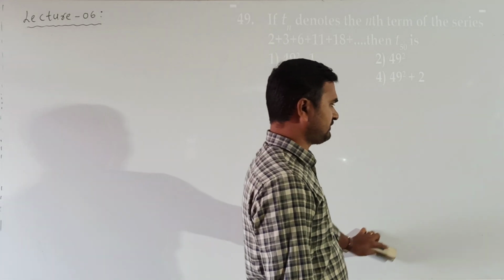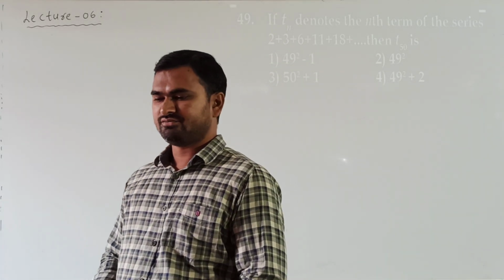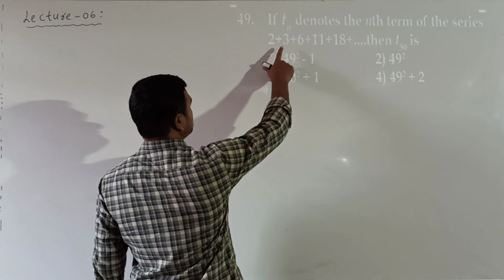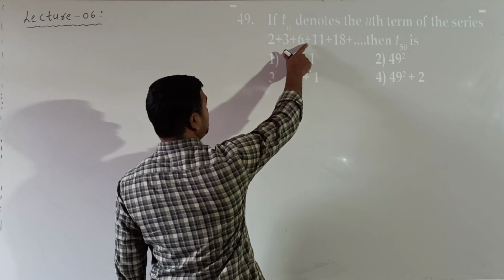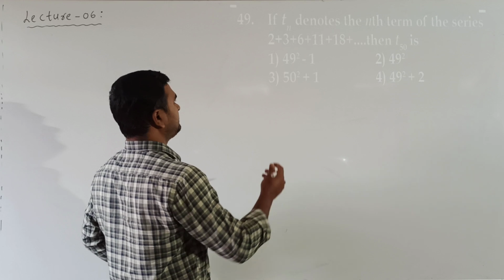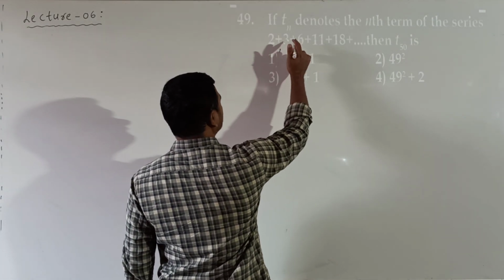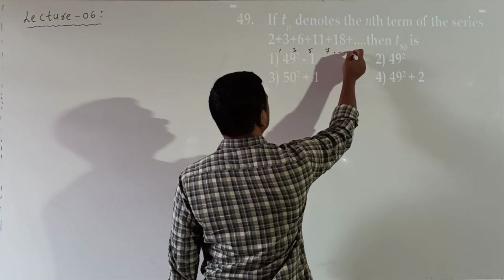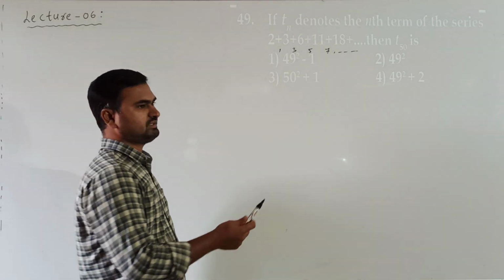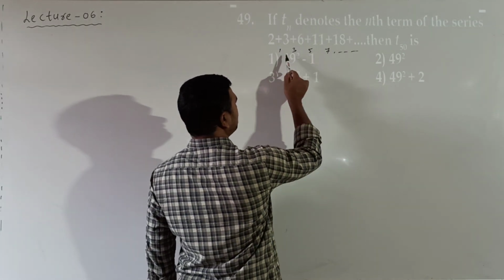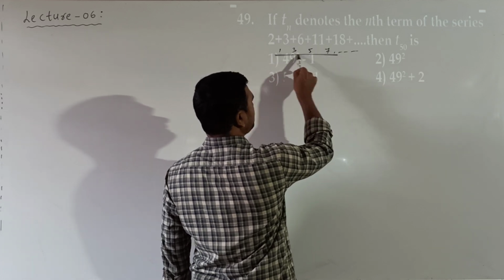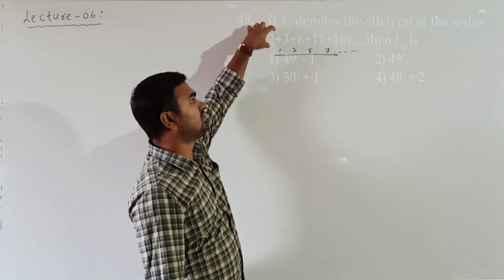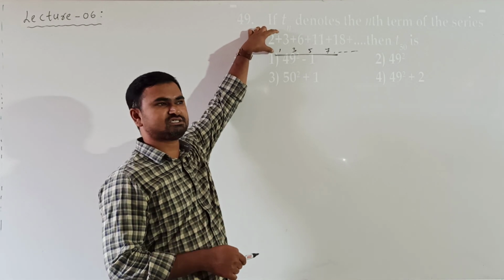Now in such a case, how do we find the required term, the 50th term? Not only the 50th term, any term, how can you find it? Observe the difference terms: here the difference is 1, here 3, here 5, here 7 and so on. These differences 1, 3, 5, 7 are forming an AP because their common difference is the same. So the terms are not forming a standard progression, but their difference terms are.